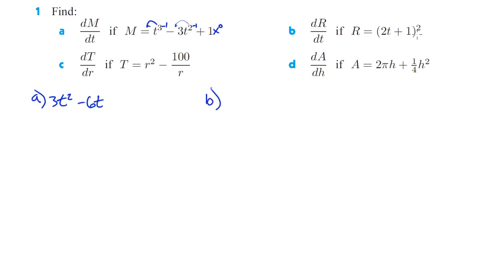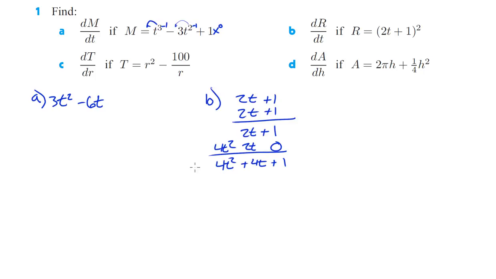B, we're actually going to want to multiply that out first so that we can take the derivative. That seems to be the fastest way. So let's do 2t plus 1 times 2t plus 1. Again, you can FOIL it if you want. I like to do the stack method. So 1 times 1 is 1. 1 times 2t is 2t. 2t times 1 is, we can put the 0 in there to hold the place. 2t times 1 is 2t. And then 2t times 2t is 4t squared, right? And then that just gives us 4t squared plus 4t